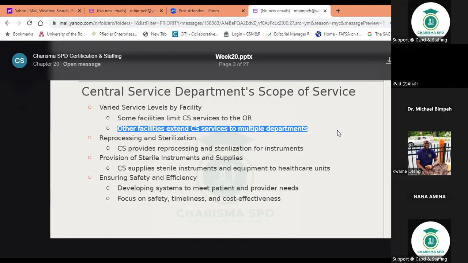Now, reprocessing and sterilization. Central service provides reprocessing and sterilization for instruments, which is the fundamental duty that we have. And then we also make sure that sterile instruments and supplies are sent. Normally the supplies, let me talk about the supplies. Normally, they have some people in the OR that work on that, but that also varies from institution to institution. Now, if central sterile is to pick cases,